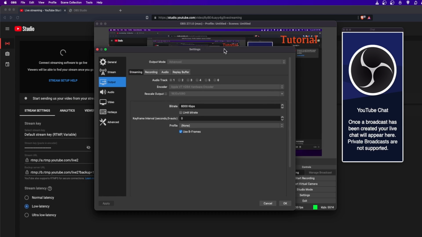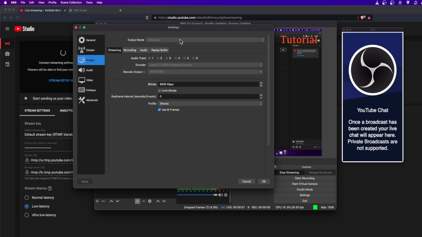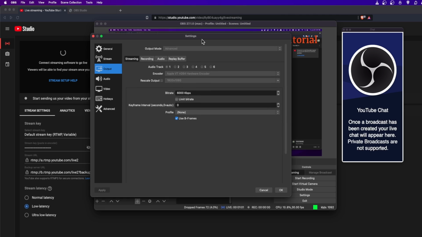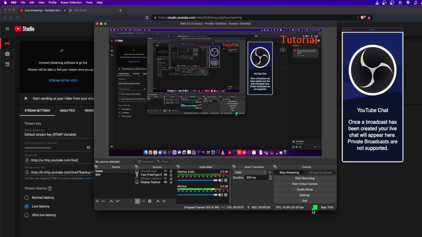So if I move around a window, you'll see that the bitrate shoots way up because there's a bunch of movement around the screen. So the Apple hardware encoder, I guess, is automatically increasing the bitrate up to the maximum to accommodate for that. So if you see this green icon go yellow or red, it may mean that temporarily at least you're having a bit of a choppy connection to the server